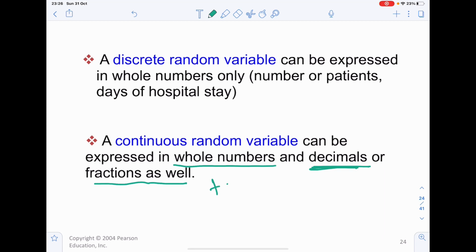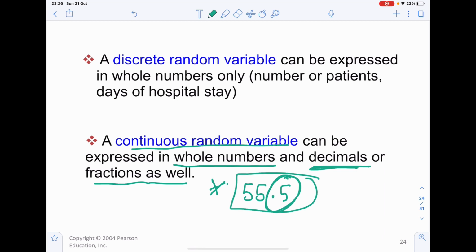Okay, الطول أو length خلينا نقول أو weight. إذا مثلا وزنك ممكن يكون 55.5. Okay, so this part make the weight as a continuous random variable. نفس الشيء الطول ممكن يكون طولك 160.3. Okay, so that's why, since I have decimals or a fraction, that means I have continuous